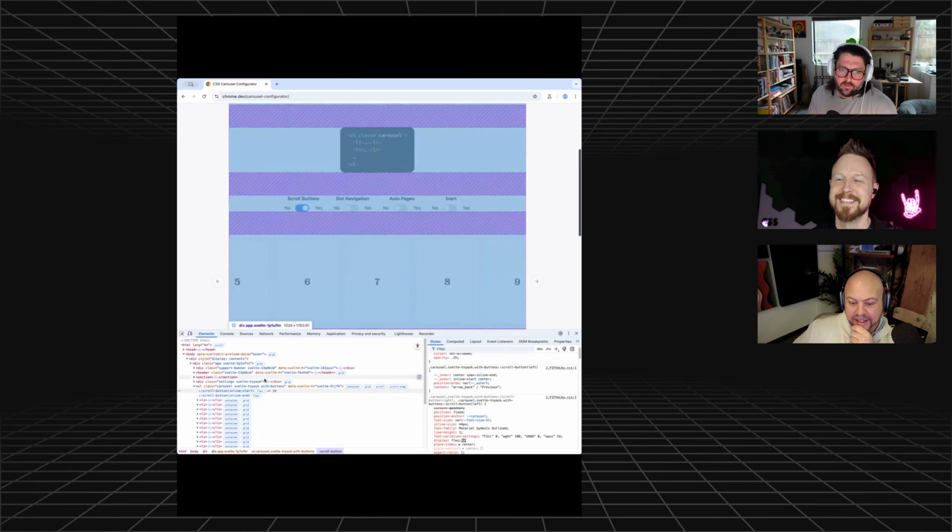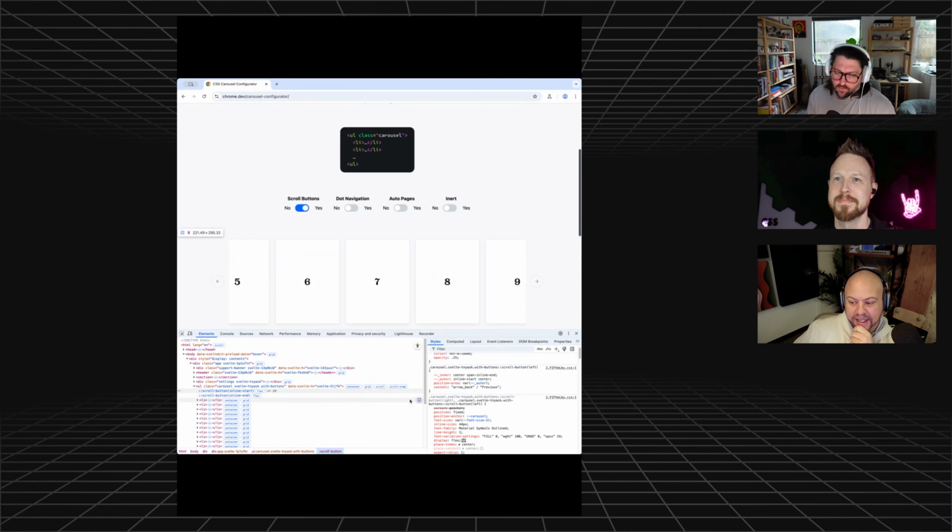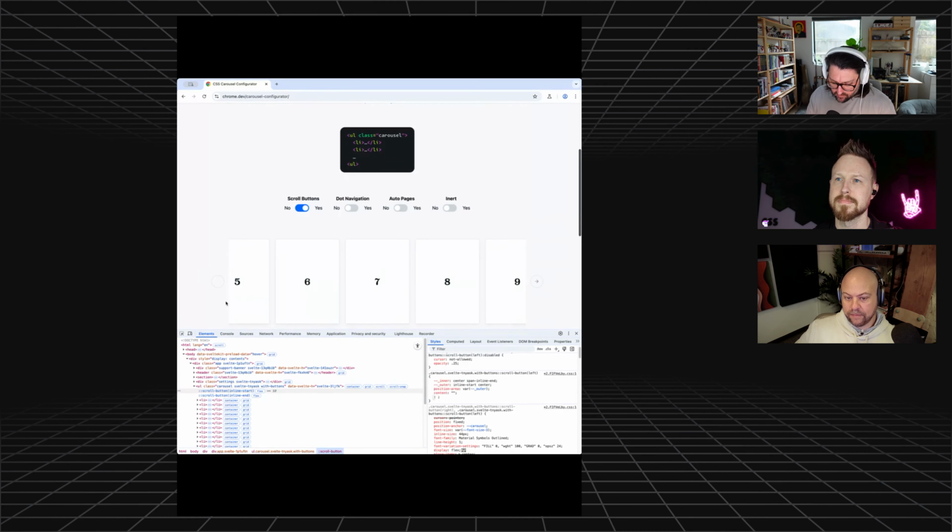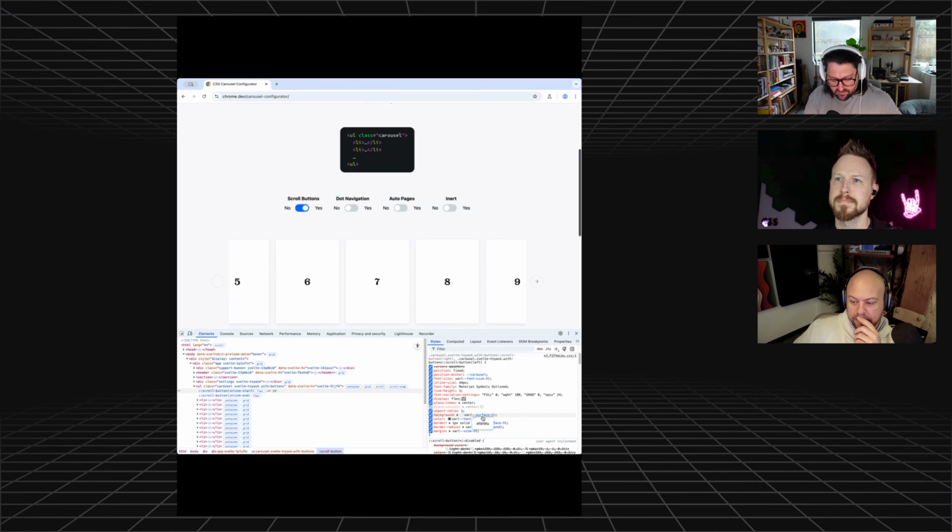But you know, when you build out your first horizontal scroller with scroll snap points, it's a dream. You're like, wow, this is awesome. I can just scroll and it'll auto snap, and it feels like what you want. But then you show that to your boss or your design team, and they're like, cool, but we'd like to add buttons. And you're like, great, you know? And then,